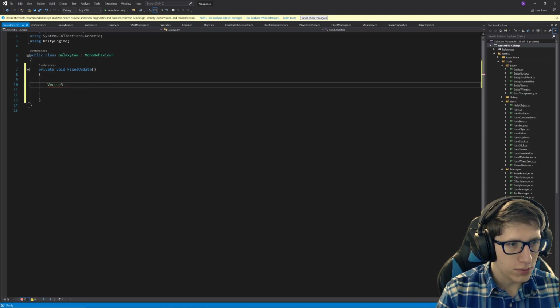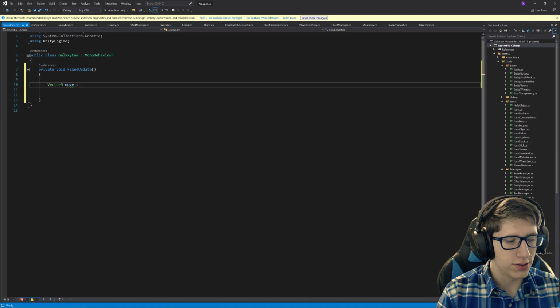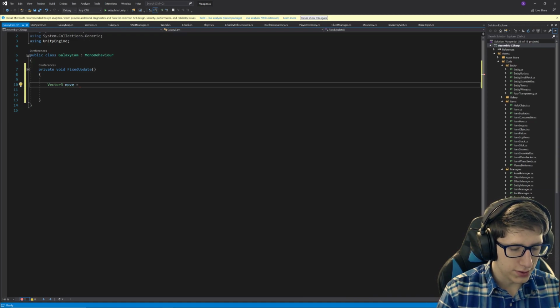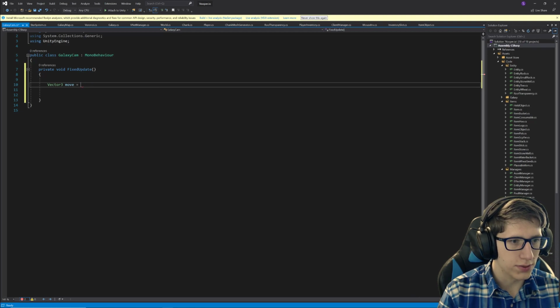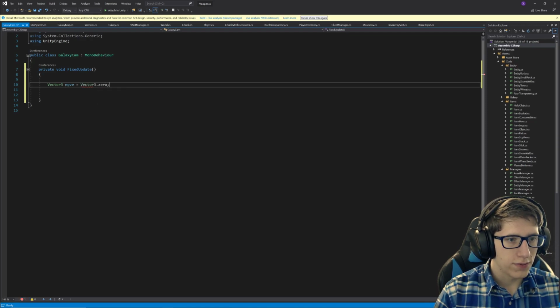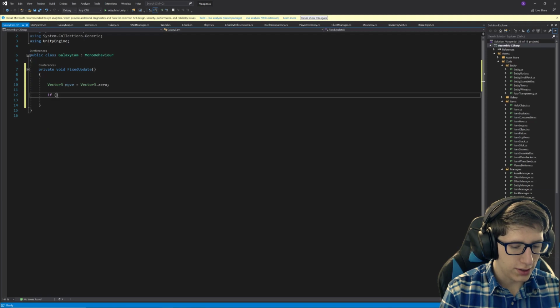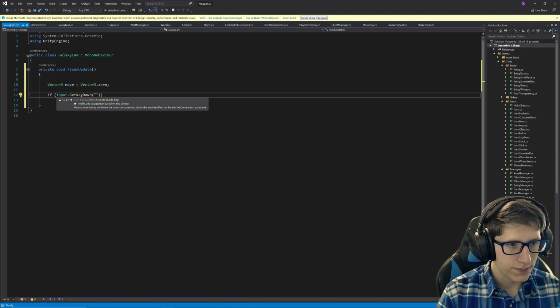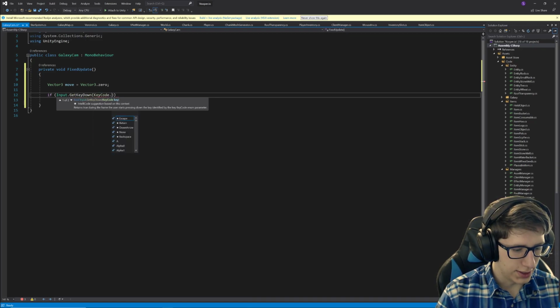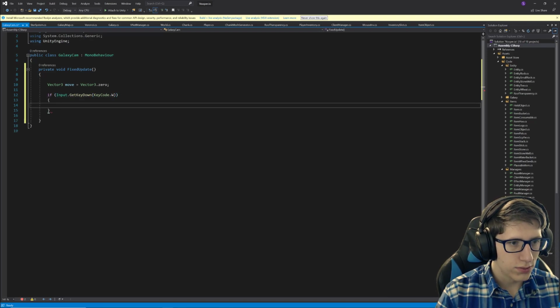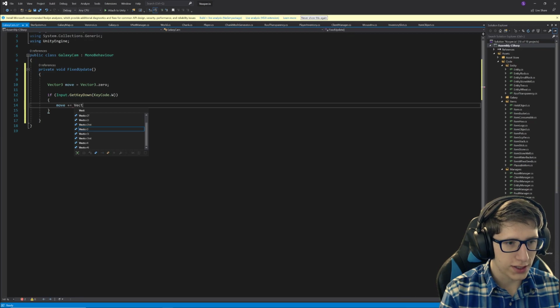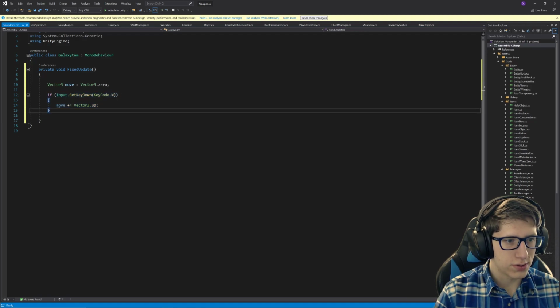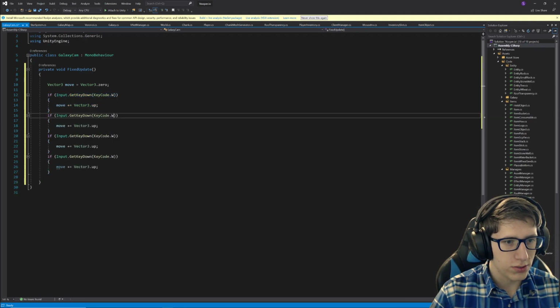Vector3 move. None of this has to be networked either. Vector3 move equals... Oh no, let's say we'll just do Vector3.zero, so we start the movement with 0, and then if Input.GetKeyDown KeyCode.W, move plus equals Vector3.up. Now guess what? We can do this, but W, S,